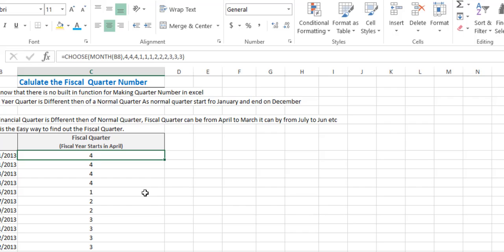As we know that there is no built-in function for making quarter number in Excel. A fiscal year quarter is different from a normal quarter, as a normal quarter starts from January and ends on December. But a financial quarter is different. A fiscal quarter can be from April to March, it can be from July to June, etc. Here is the easy way to find out the fiscal quarter. Now the formula is,